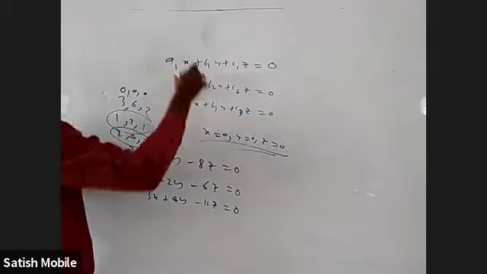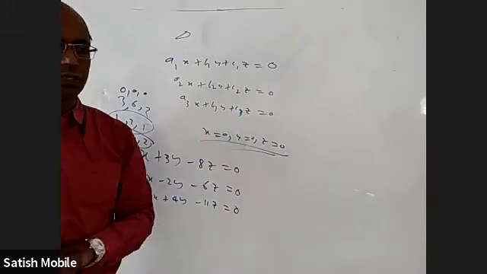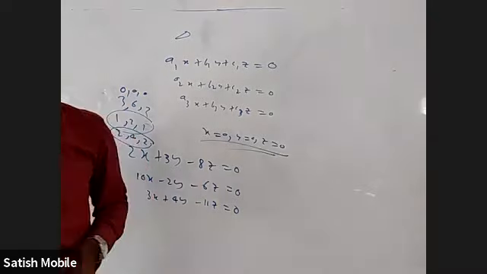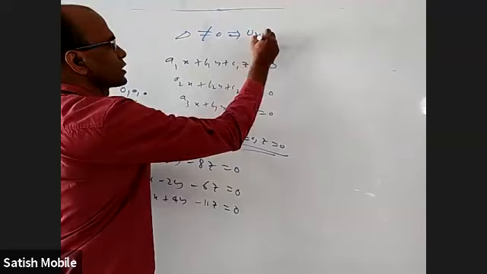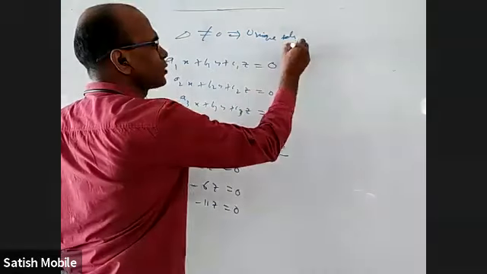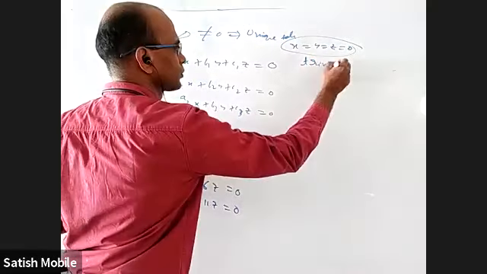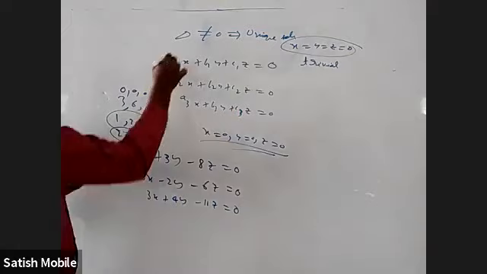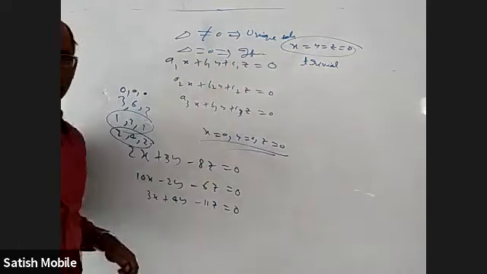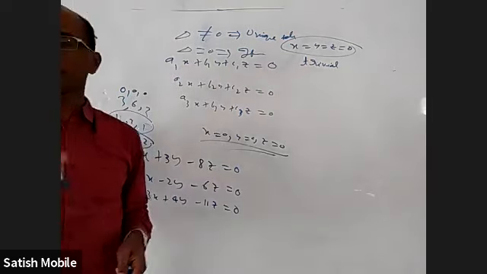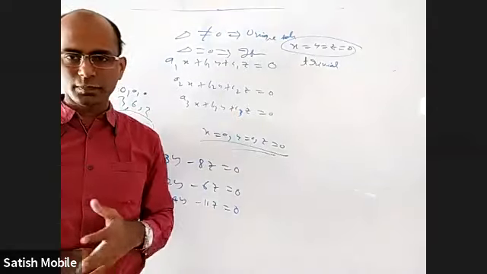What is that? You find the delta. Here delta 1 is already 0 because when you remove the first column and keep the last column, it is 0 only. Delta 1, delta 2, delta 3 are already 0. If delta is not equal to 0, it is a unique solution. What is that unique solution? It is x equal to y equal to z equal to 0. It is also called the trivial solution. All right. If delta is 0, then it will directly have infinite solutions, because not only delta is 0, delta 1, delta 2, delta 3 are 0, and they already have a solution, so they cannot be parallel planes and things like that.